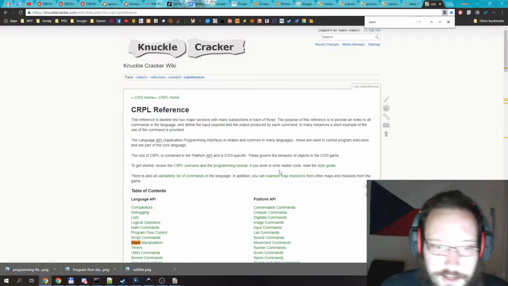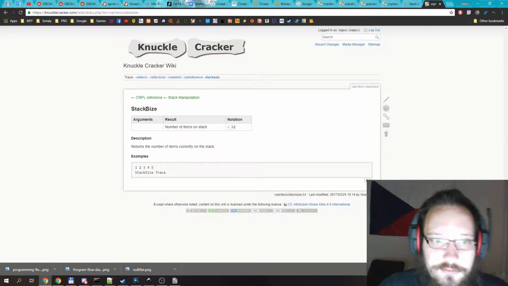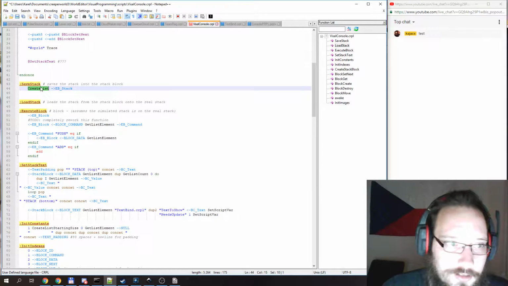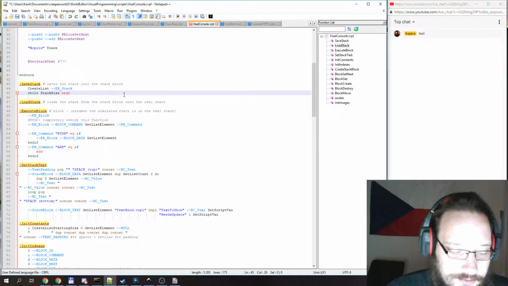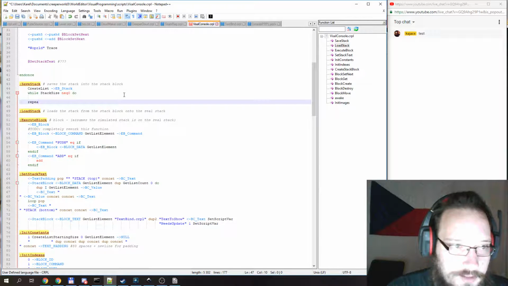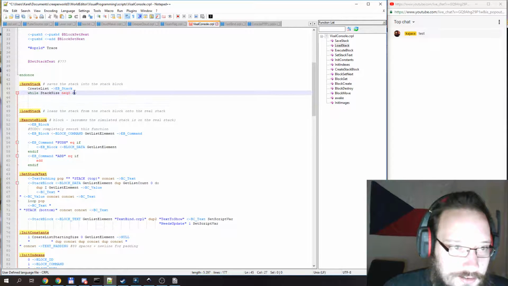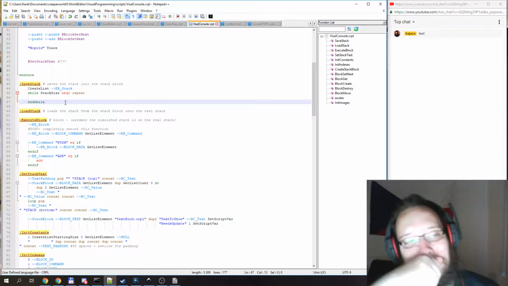Control F stack manipulation, stack size. So why wasn't it hinted to me? Oh, who cares? So not equal 0. I actually want a while here, right? While stack size is not equal to 0, do repeat here and the while here, right? So